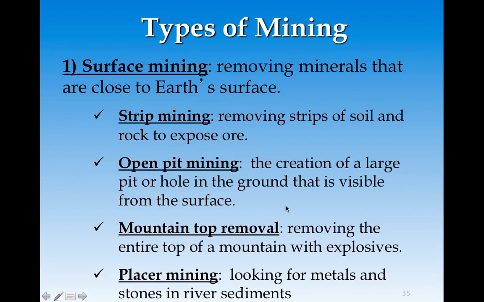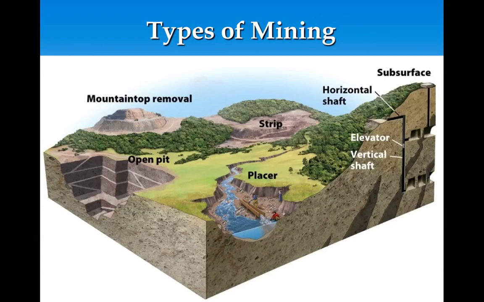And then the last one is this placer mining, and we're probably pretty familiar with this in California when we've learned about panning for gold in the different riverbeds around our state. You can also have these sieves and filters where you're able to pass water through and the sediment goes. You can think of the negative consequences in the river with all the sediment and disruption of the riverbed.